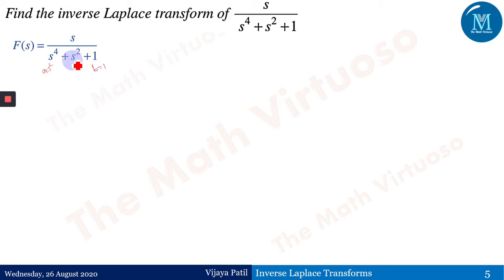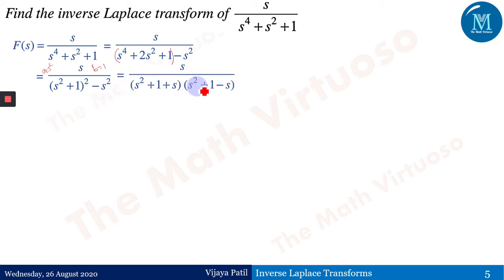But I don't have it here. I have just 1s square. So I have to take it one more time. This is the adjustment we have done. We have taken 1s square from here and combined it with the first bracket, and the second s square will remain here. Because of that, it is s upon s square plus 1 the whole square minus s square, which is a square minus b square, which is a plus b, a minus b.